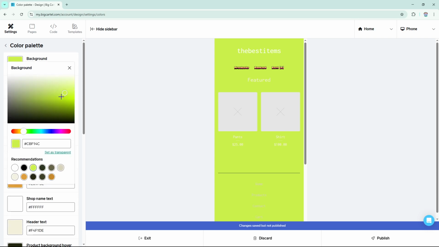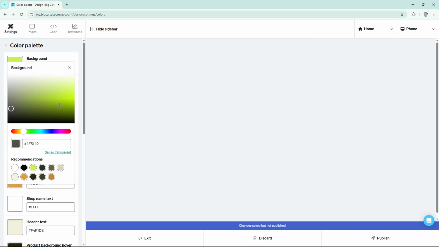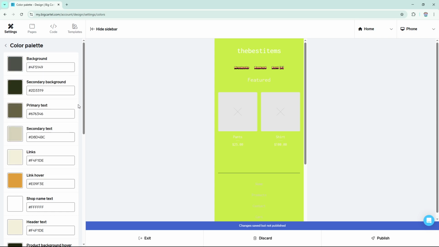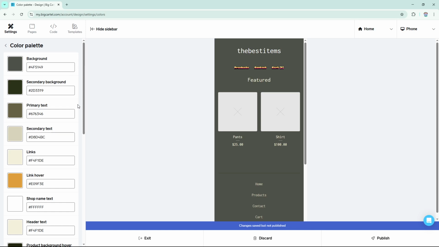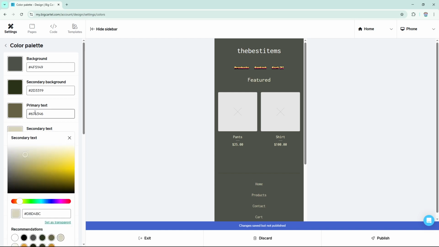If you want some tips while you're doing this, think about the kind of experience you want your customers to have when they visit your store. Do you want it to be vibrant and energizing, or calm and minimalist? Your color choices can say a lot about your brand, so have fun with it and make sure it represents